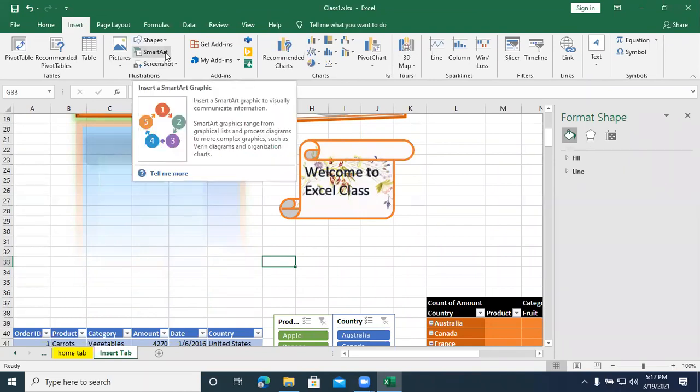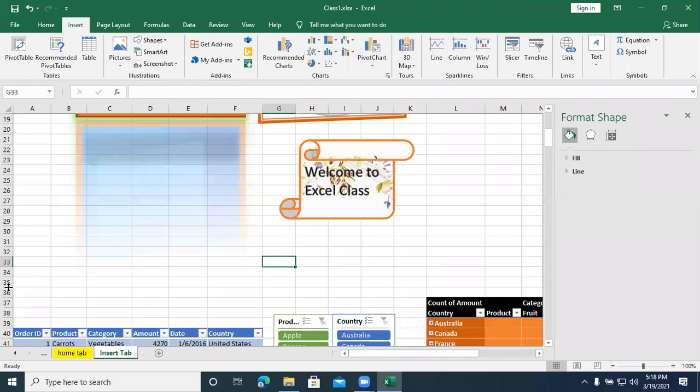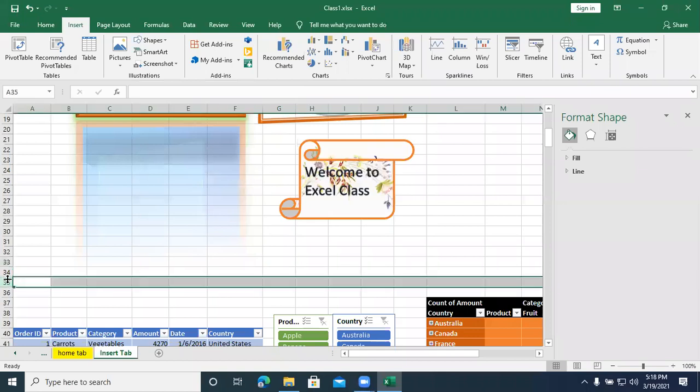Smart art. We will insert the smart art. Smart art is just a graphical chart. There is hierarchy chart, relationship chart, cycle chart. So like this, we have different types of charts available. I just insert some more rows and columns.